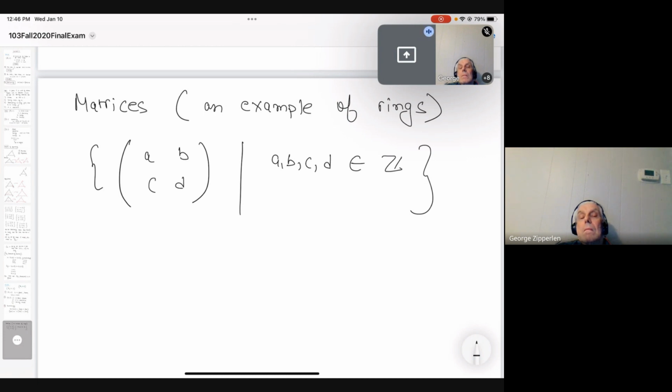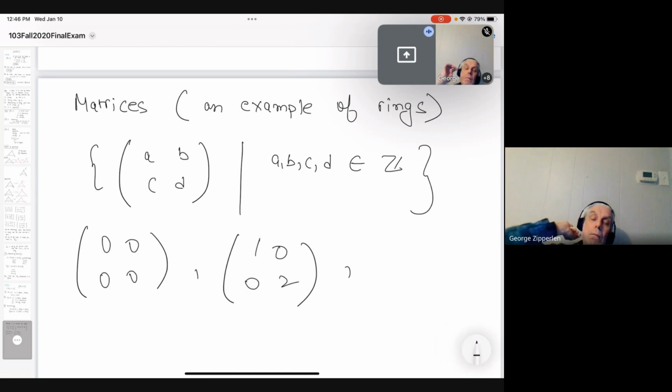It's really an infinite set because there are so many examples. But if you want to keep some explicit examples in mind, there is obviously the zero matrix. Then there are some nice diagonal matrices. And then there is